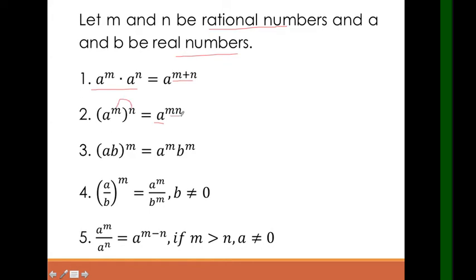So, Mn. For this one, you will distribute this M to the two variables. So, we have A raised to M and B raised to M. For another rule, we have A over B. So, distribute M. So, we have A raised to M over B raised to M such that B is not equal to 0. And finally, we have A raised to M over A raised to N, which is, kapag nagdi-divide tayo ng rational